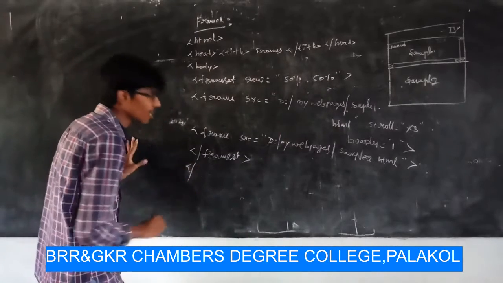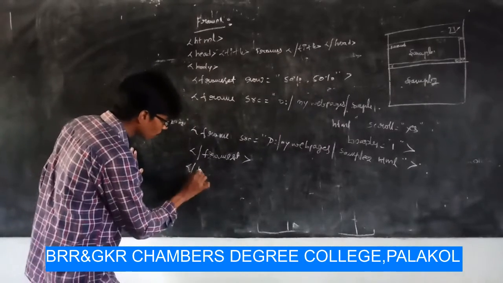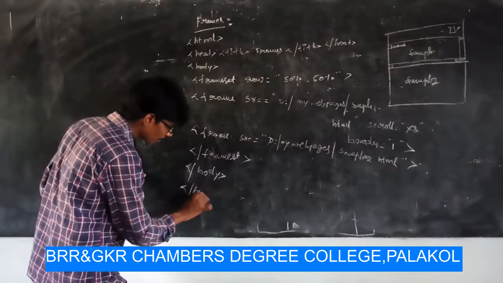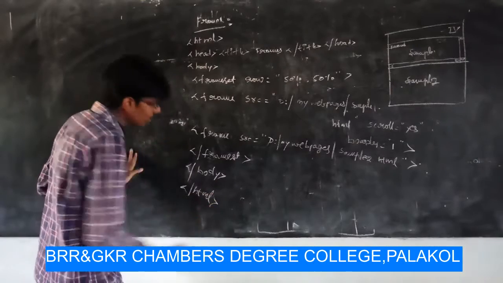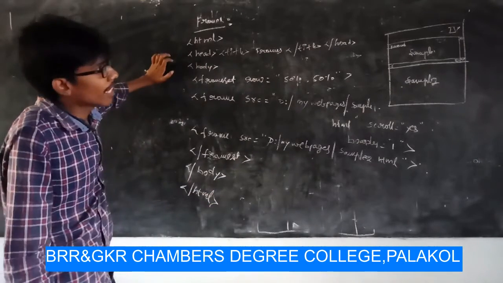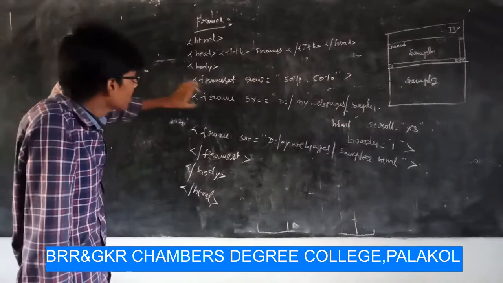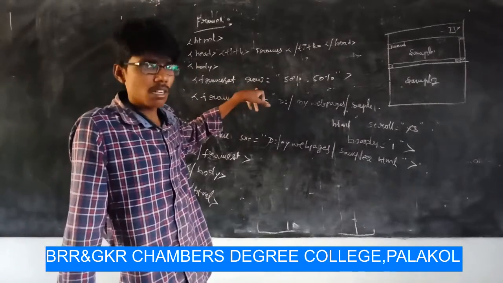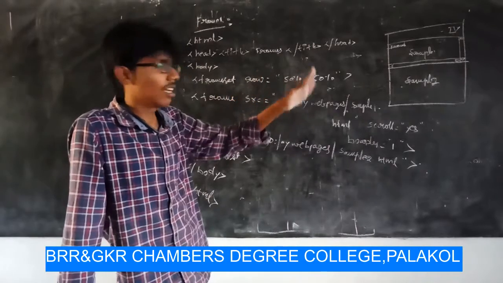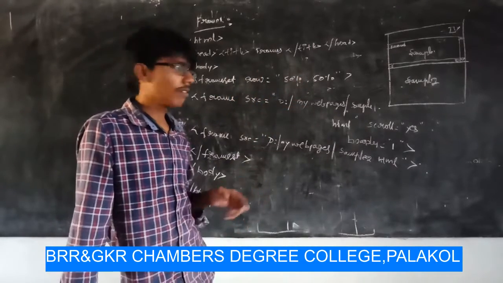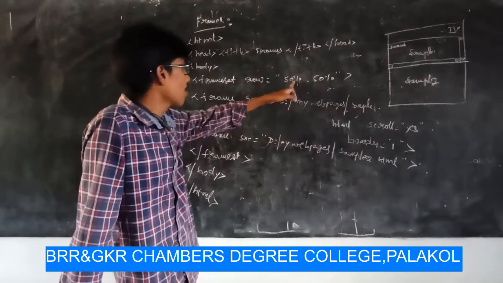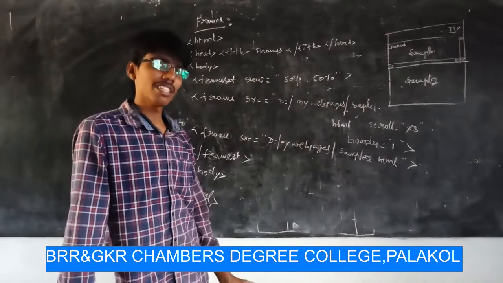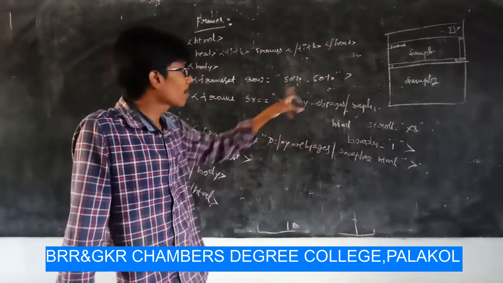Then after completion of the whole document, you can close the body section. Then after, close the HTML part. This is about how the total document can be partitioned by using frame set. With the values, rows or columns, whatever you want to change, arrange those frames in the total frame set. Then the partition of the total page can be considered with the percentage value, that is 100. That 100 value can be partitioned.